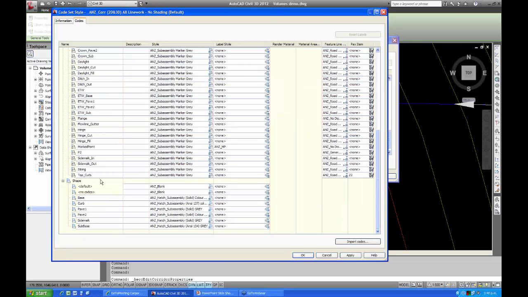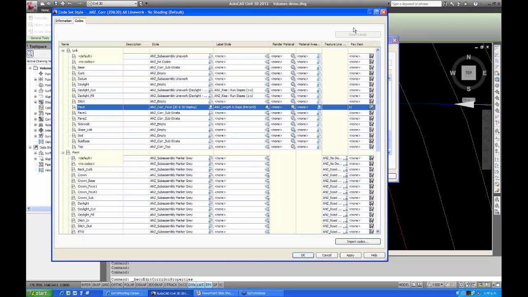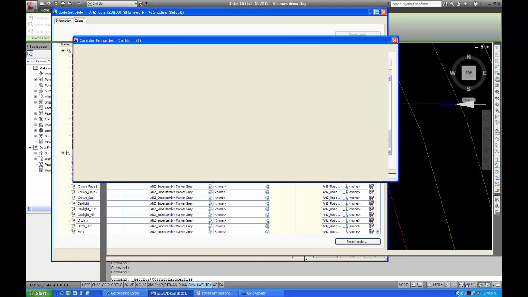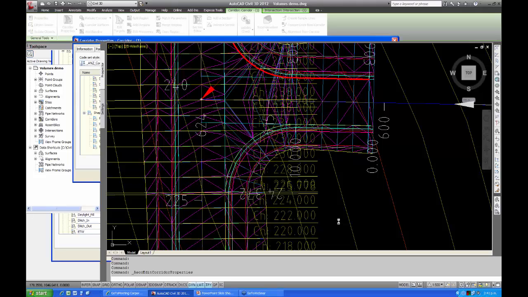So I've got a linear top of curb, and you can apply that to any other ones you want to. Just give them a different material list item, and they'll come out in a little report at the end. So once they've been assigned to the corridor, we go OK in the code set and OK. And once that's been done, to get it to actually apply it to the corridor, all we have to do, finish just thinking about that,